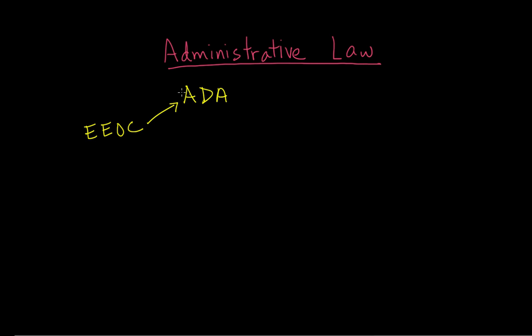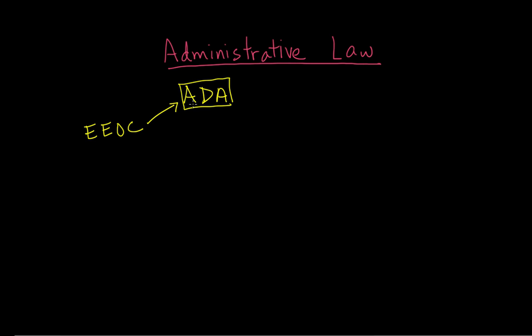Now this makes sense. Congress can't possibly create statutes for every detail of the law. There's just too much. In fact, we probably don't want Congress to do that. They have a hard enough time agreeing on the big questions. So often what Congress will do is just pass a statute that says discrimination based on disability is illegal, and then delegate authority to an administrative agency like the EEOC to handle the details of how to implement